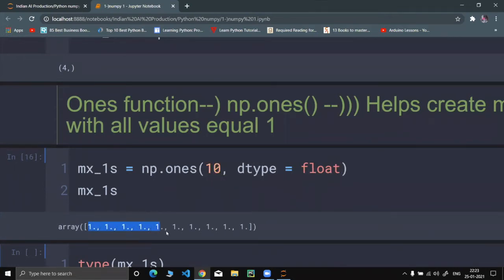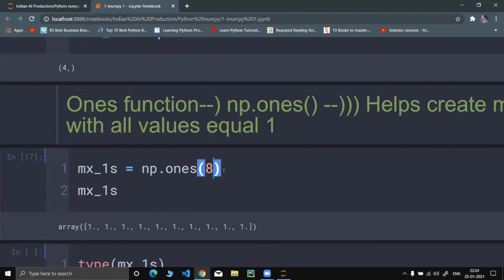1, 2, 3, 4, 5, 6, 7, 8, 9, 10. So the first parameter is the number of elements we want in our matrix. And this dtype, we can even ignore. It's not that we must use this. Let's try. It's still working, but what is the difference?